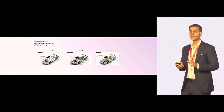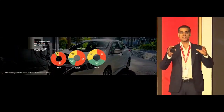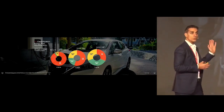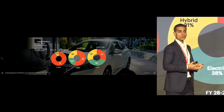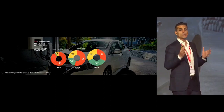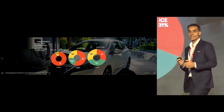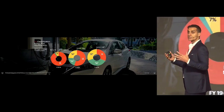We have no meaningful products in the engine, which augurs very well for us. Now, we believe that there is a world out there where all cars will exist, all different options of powertrains, because there's a lot to be done to make only electric a reality. There are infrastructure problems, there is government support that is going to come in, regulations that are going to come in, technology developments that need to happen. I mean, there is so much out there that is currently unsolved. We believe that the future will be one of mixed reality. There will be ICE engines, there will be electric engines, there will be hybrids, there may be fuel cells. I mean, there is so much that is really out there, and the market is so big and diverse